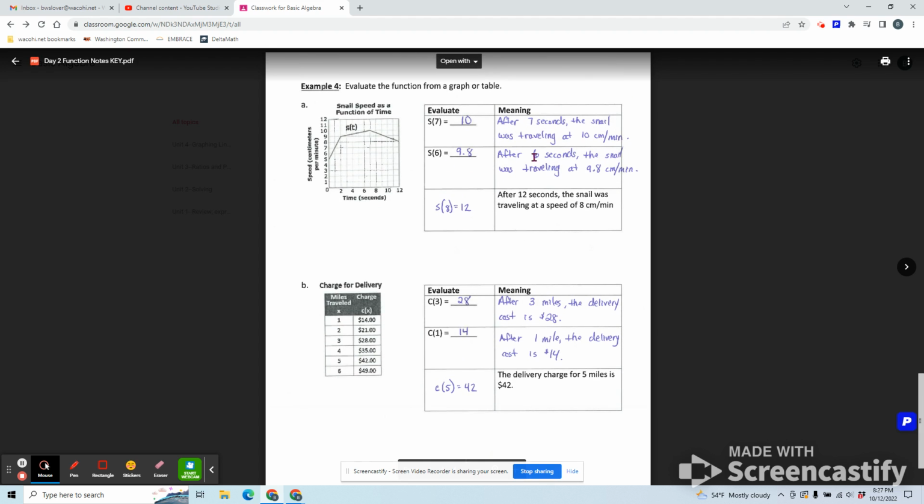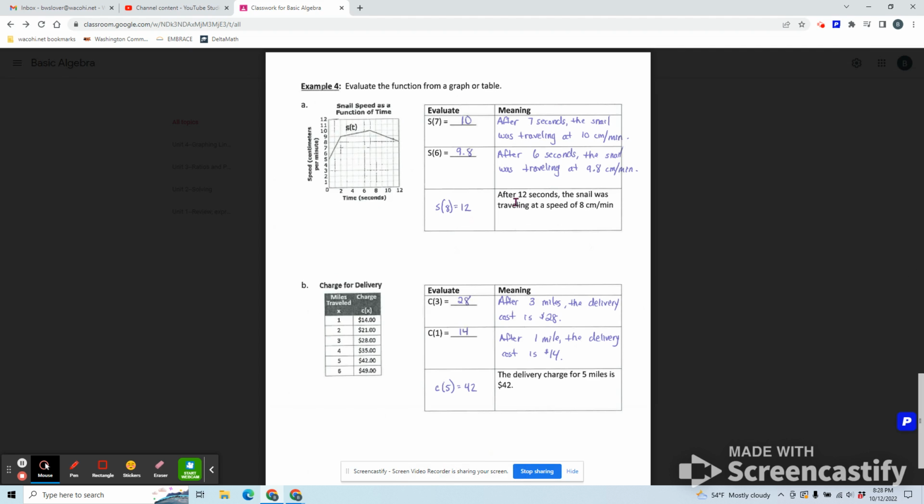This one is similar, but here I'm having you work backwards. It says after 12 seconds, the snail was traveling at a speed of 8 centimeters per minute. So I'm describing what you are supposed to write. After 12 seconds, we were going at 8 centimeters per minute. And then likewise for the graph down here, same concept. If you have